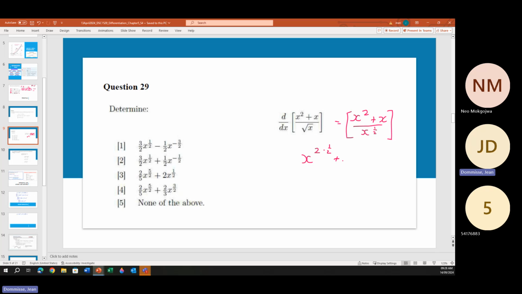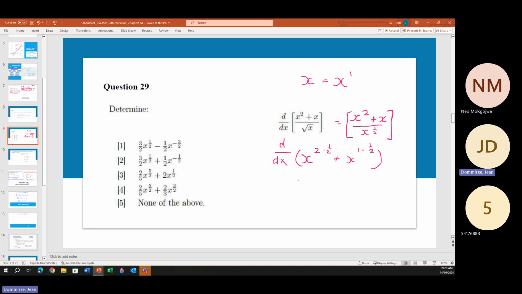And when your second function is x, remember, if you see an x like that, it always means that there's x to the power of 1. Then we bring the half to the top, and we have that function. So now we need to differentiate this function, and it makes it a bit easier. So let's first again